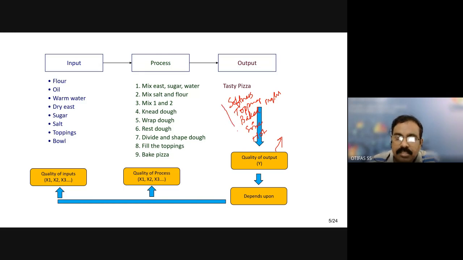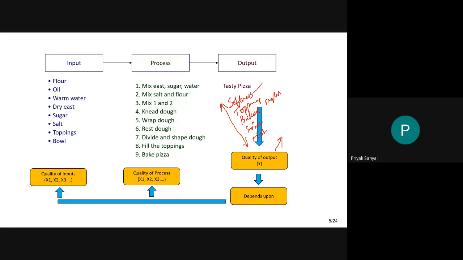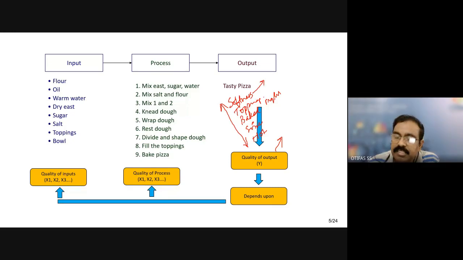Now in this, what is measurable? Can you measure how much softness there is? How can you measure softness? You can only measure it if you taste the pizza, isn't it? Measuring softness is not easy. But what about toppings? Of course, you may measure it. You can measure the number of toppings, isn't it? You can also ask what the varieties of toppings are. That can be measured, isn't it? Baking right is judged after tasting. Size can be measured or not?